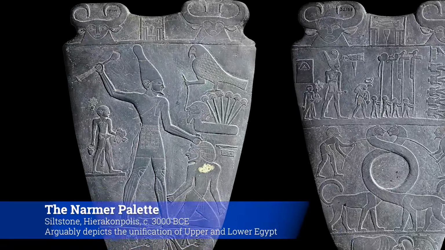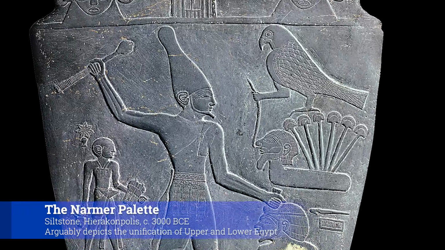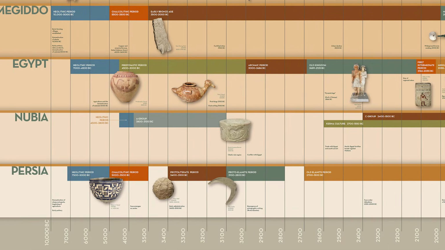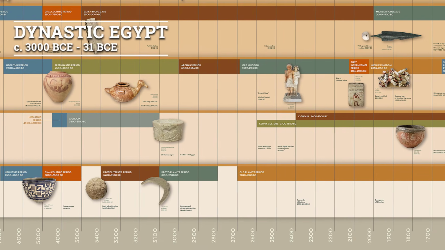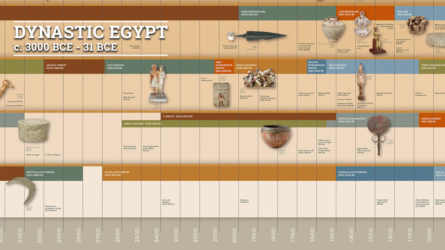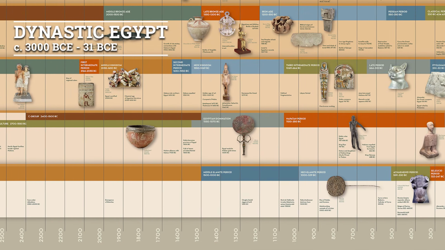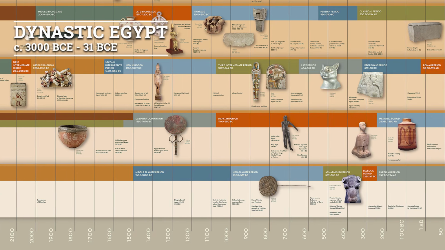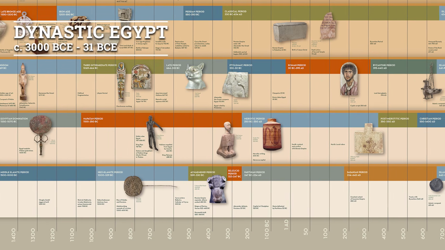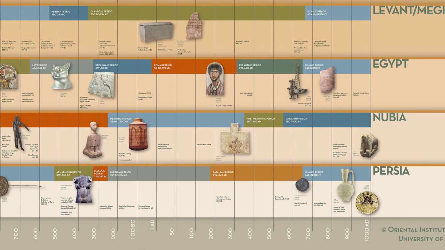With the unification of Egypt under Narmer, or Menes, or both if they're the same person, Dynastic Egypt began around 3000 BCE, and it would continue for about 3 millennia until Rome began to rule Egypt from abroad in 31 BCE. It's hard to overemphasize just how incredibly long this is. The United States, for example, would have to exist until almost 5000 CE just to have a run as long as ancient Egypt. Let's take a look at some of the early rulers of ancient Egypt to see how they began to solidify their power.